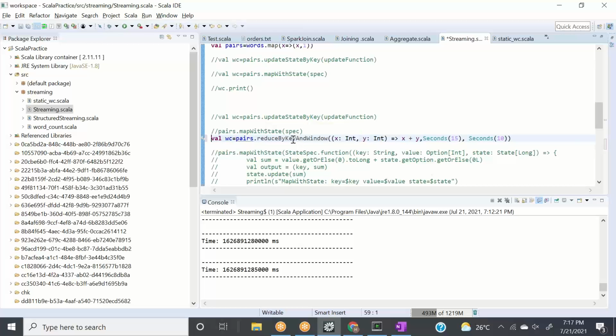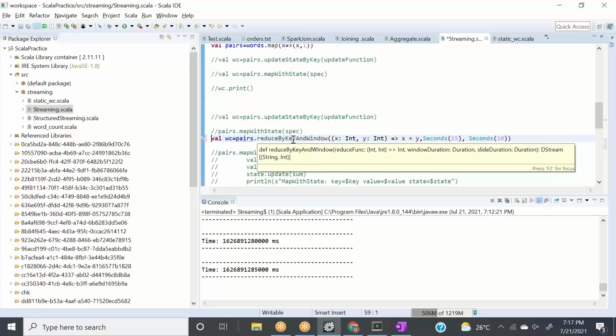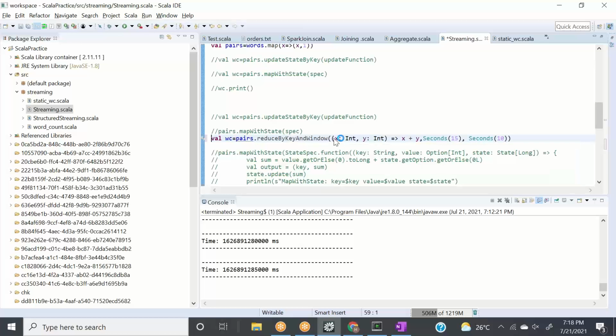So what is this function? The function is reduceByKey. It means it needs to reduce by key, but please use the window. You need to give the function, the reduce function, right? Then the next thing you need to give is the window duration, how long your window needs to be. And the last thing is the sliding duration. Okay, so this is the function. Now we want to add the values based on the keys. So this is your reduce by key. This highlighted part is the reduce by key, nothing very rocket science.